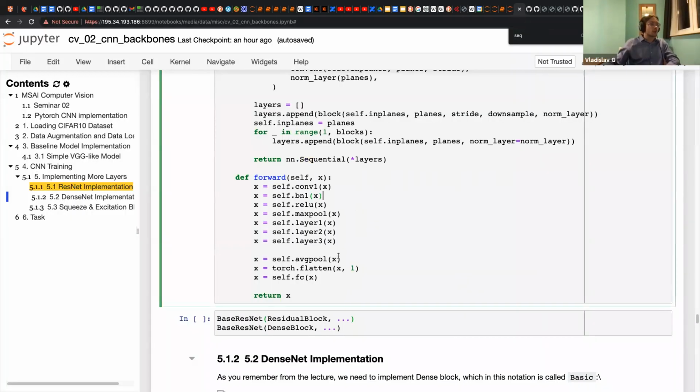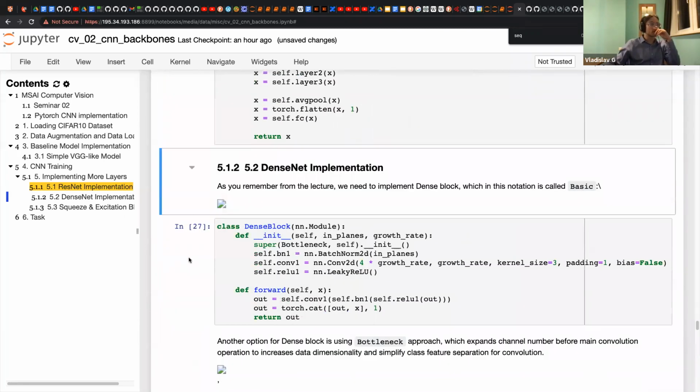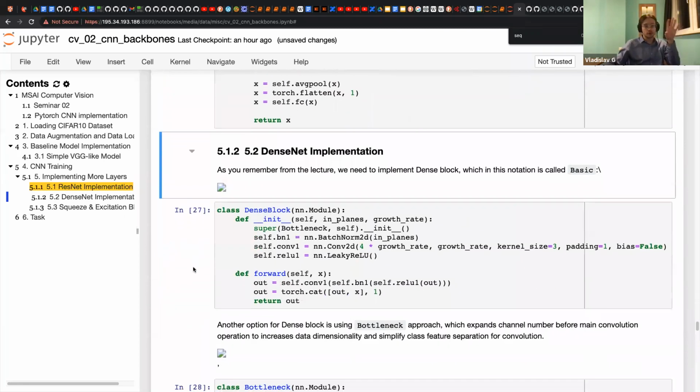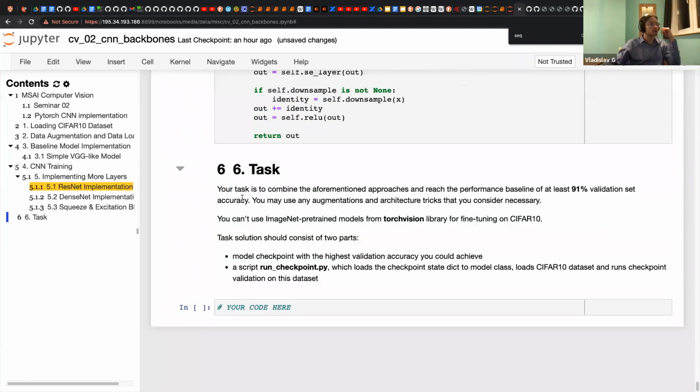Okay, so finally, the task for your home assignment is having all these blocks. You will need to go to this and train your network to have 91% accuracy on the validation set.